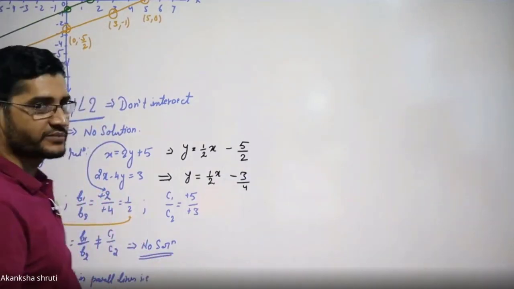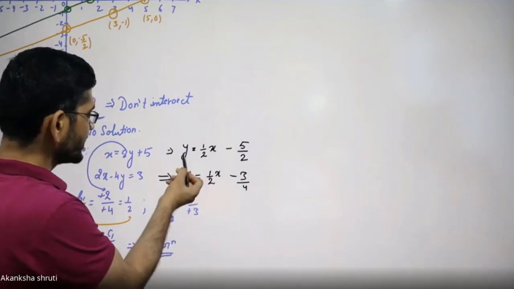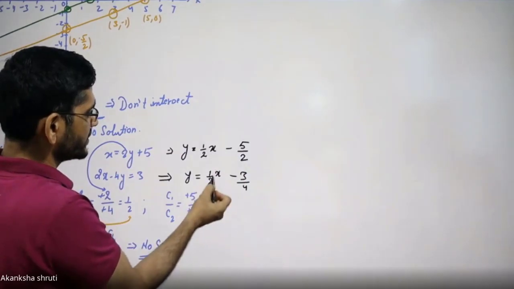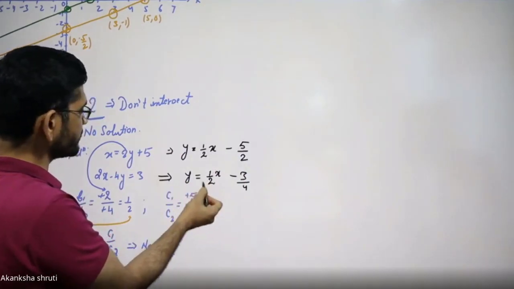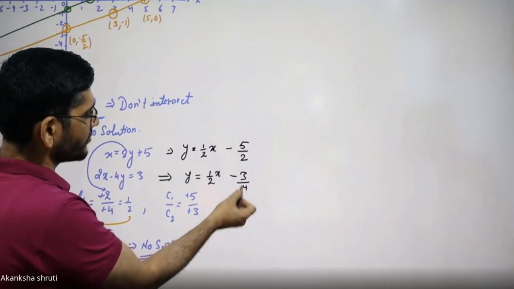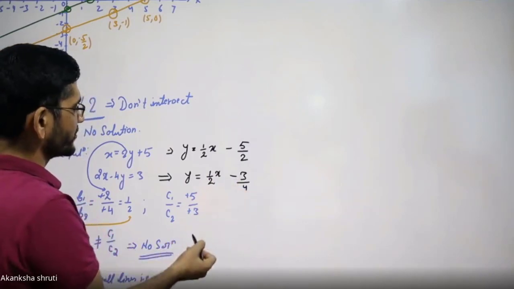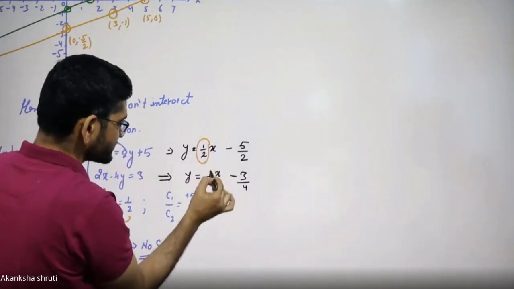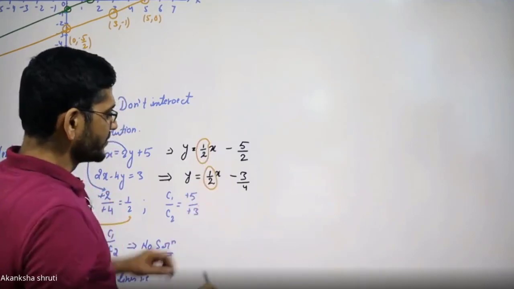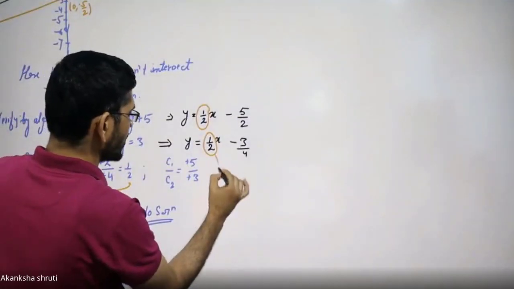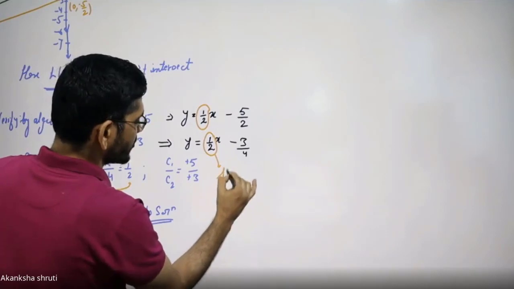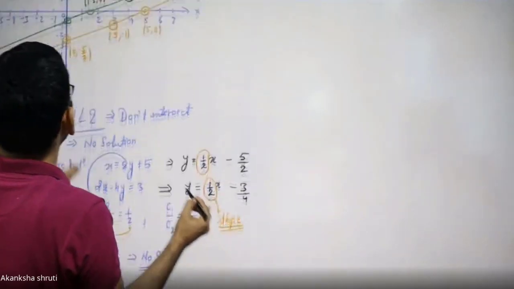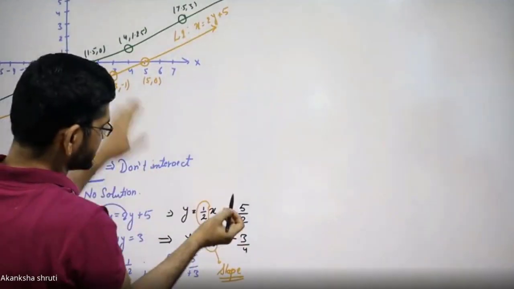Students, observe this. Very interesting thing. Here y is equals to 1 by 2 of x minus 5 by 3. This is from the second equation. Also the y is 1 by 2x minus of 3 by 4. In this case, we are observing that the coefficient of this x is the same. We will learn in higher standard, this coefficient gives the term called slope. This slope simply indicates the inclination of this line.